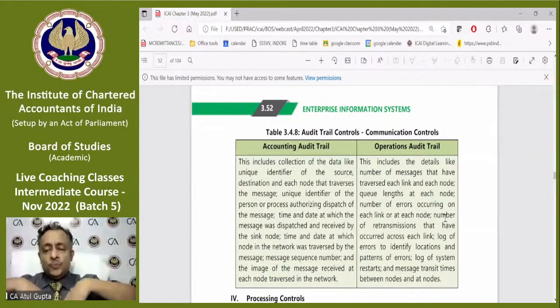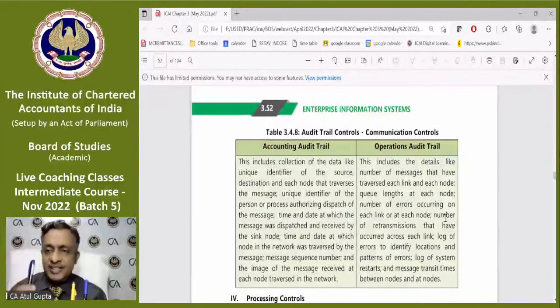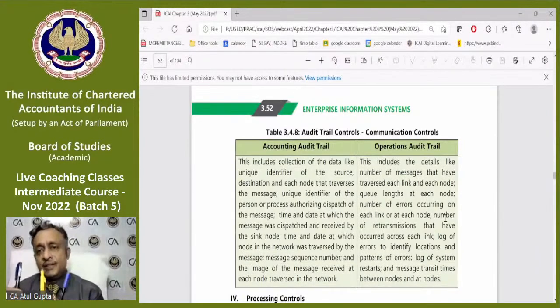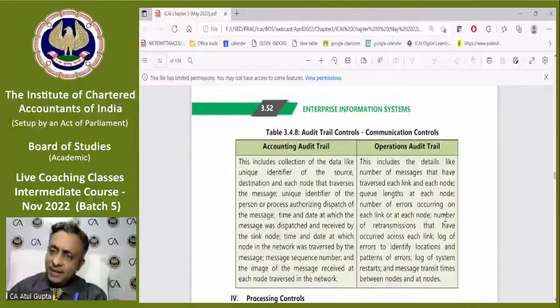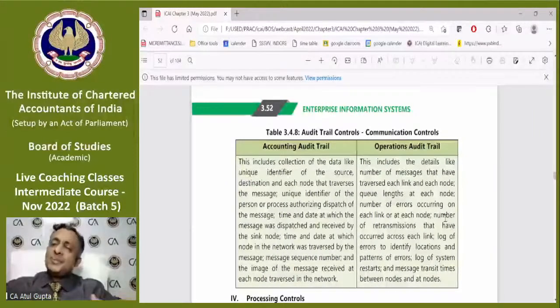See what happens when you send messages on the internet. Let me draw it through a chain of events. Suppose this is the sender and this blue is the receiver. The path can be direct from sender to receiver, or yellow is an intermediary path: message from blue to yellow, yellow to the next blue. This is the simplest way I could explain technology on the internet. It's a very complicated process. Messages can